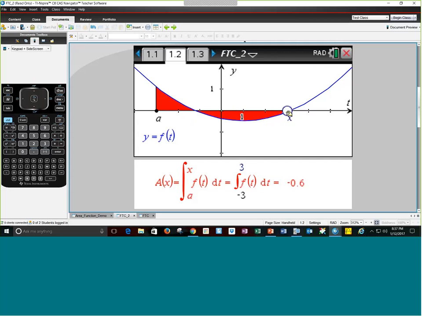And so they do, and that integral gives us a value of -0.6. Then the students are asked to find the integral from 0 to 3. So change A to -3 and X to 0. Now we have -1.2. And they have that answer. And it says, without changing anything at all, what would the integral be from 0 to 3?